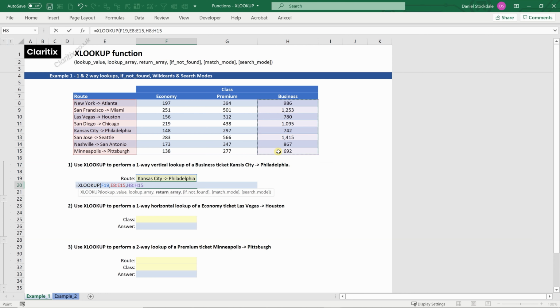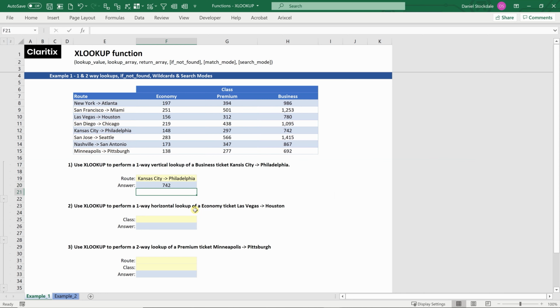And so this is the equivalent of the array at the start of an index function. Now, normally with a match function, we'd have to put a 0 for an exact match, but with XLOOKUP, that's actually by default. We do have the option to input a match type. If I press comma twice, then we have an exact match there and a few other types. -1 and 1 we'll be looking at in example 2, and then this 2 wildcard character match we'll be looking at in a later question. So for now, I'm going to leave that blank. I'm going to close the bracket and press enter, and it returns 742. And so it's looked up Kansas City, found it's here, and then it's returned this figure from the return array.